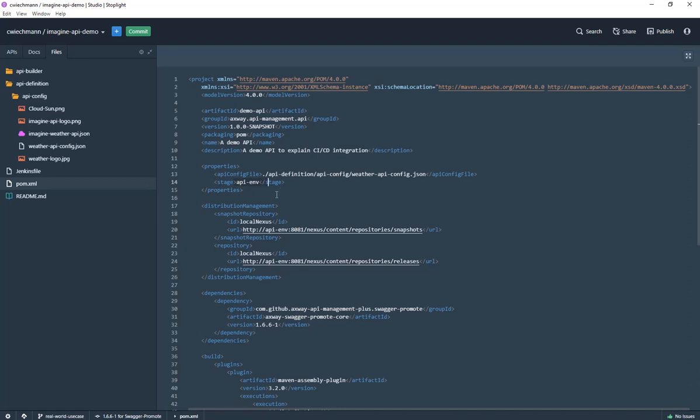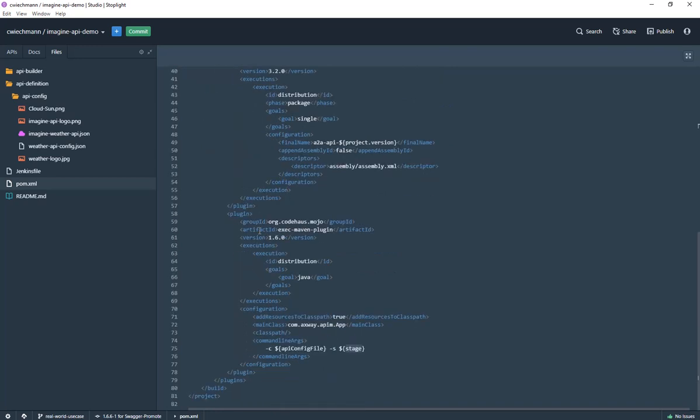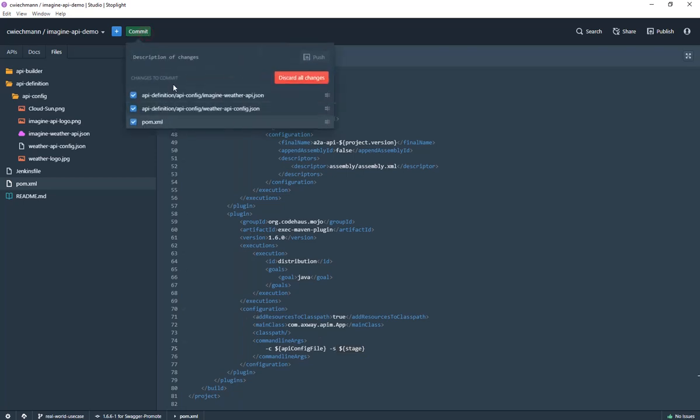And here, for instance, you can have any other stage you have available, like your personal API manager installation, which you are using when you are working on a branch or something like that. And this is basically at the end used by this plugin, which is at the moment just calling a Java program. And this Java program is that command line interface you have seen before. And we are giving to that Java program the config file from the top, and we are giving it a stage. So that means the actual API config. So this is the code, or this is the API from Git,